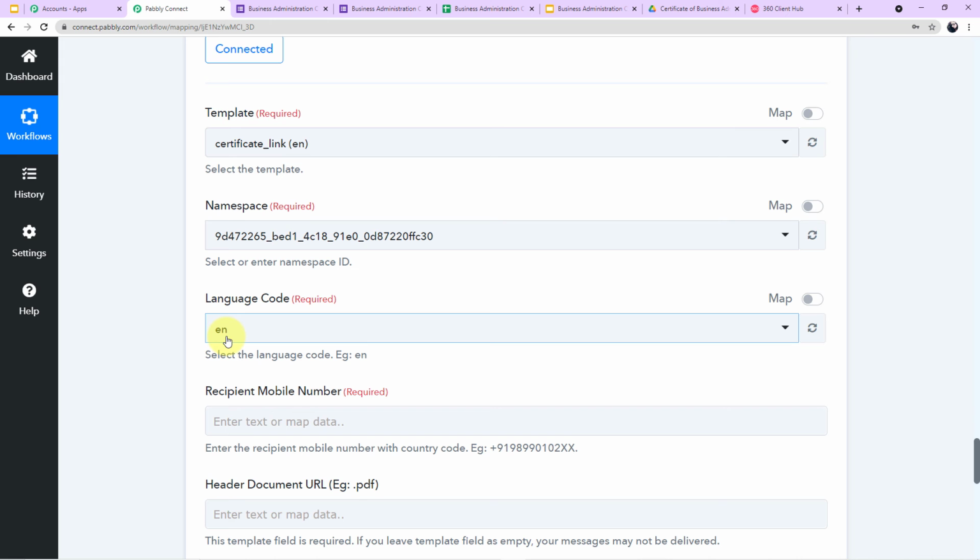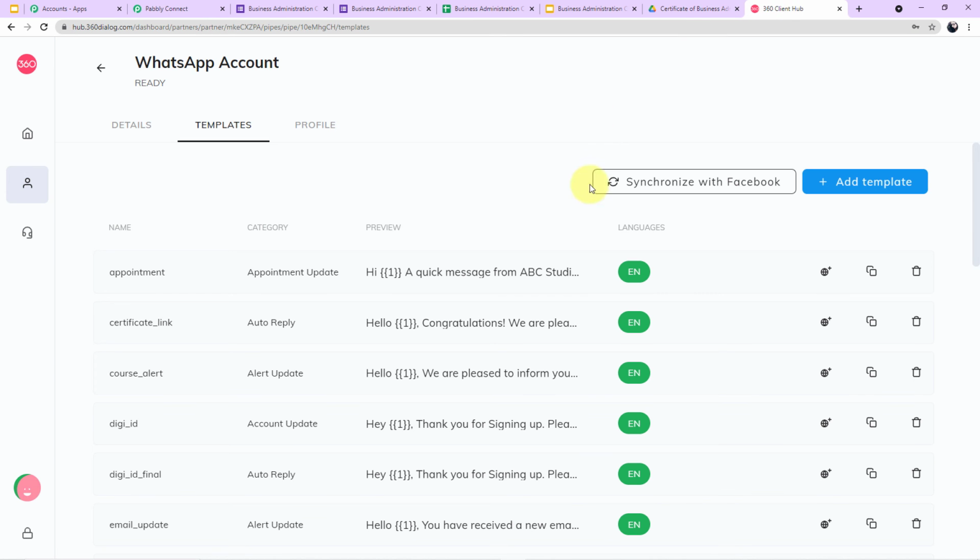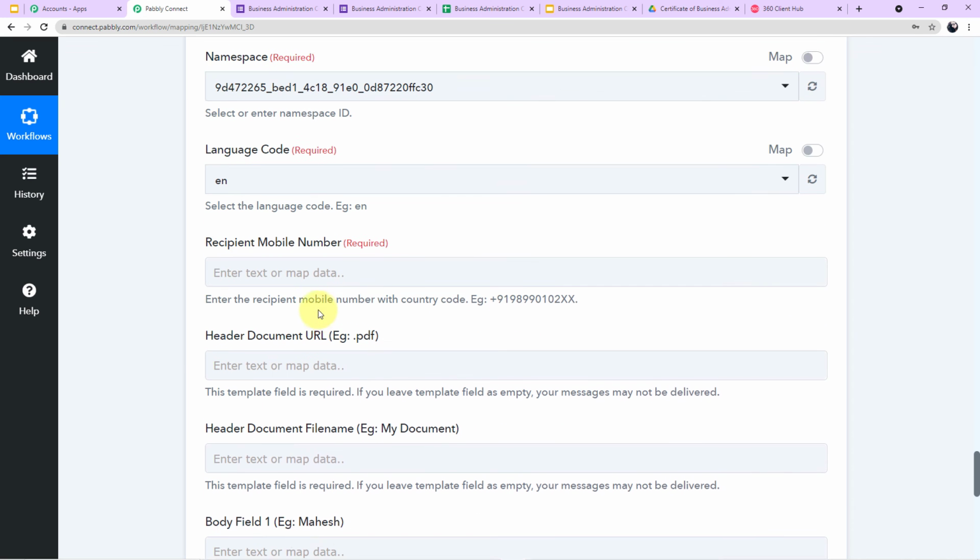Here it is written EN, which stands for English. If you go back to my 360 account, under the language section, it is written EN. This shows that all my templates are in the English language, so it will automatically be filled up.